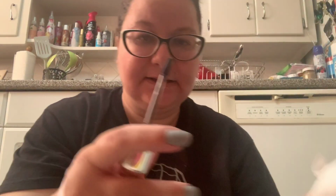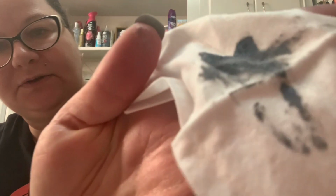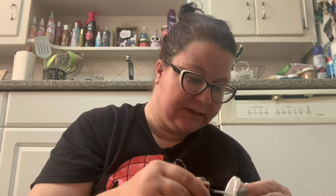to make sure that this is sanitary as much as I can is I'm going to take this makeup wipe and I'm going to clean this doe foot applicator with a makeup wipe. And that's what the color looks like. It's like this horrible soupy gray. It's probably why it wasn't working. Then I'm going to take,